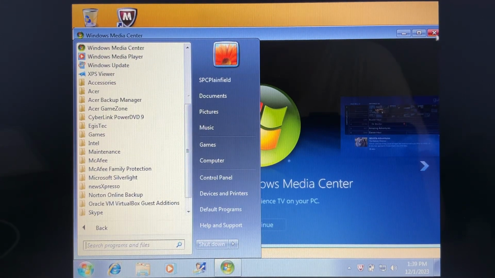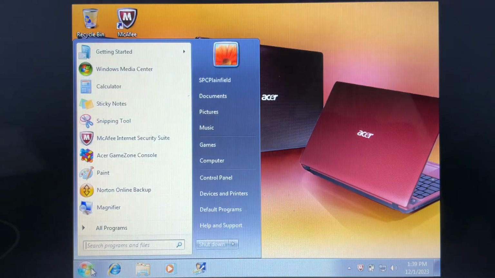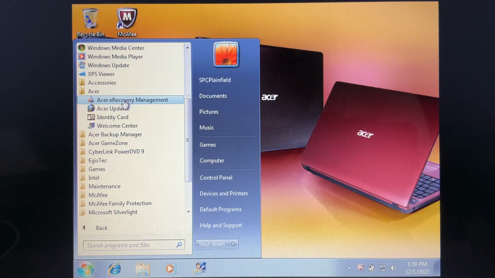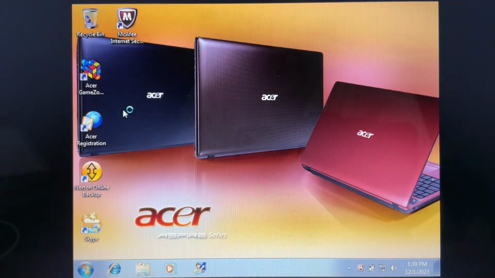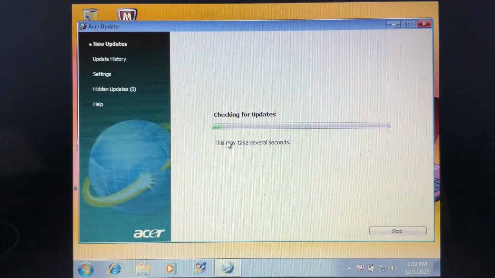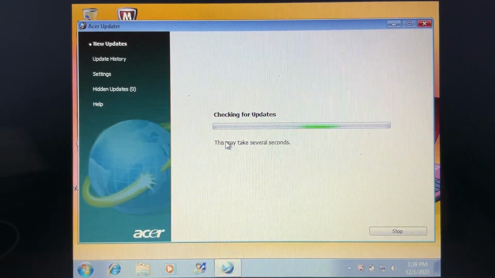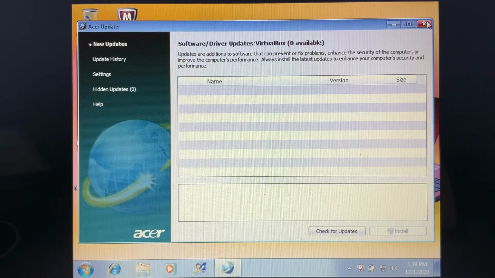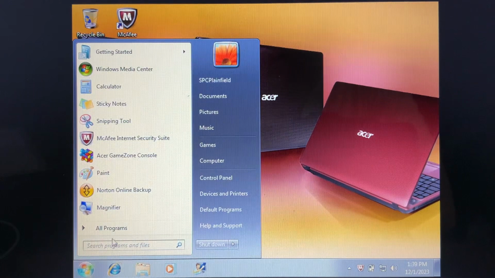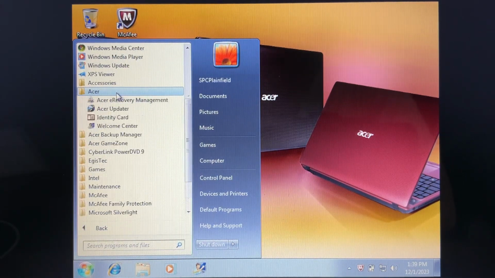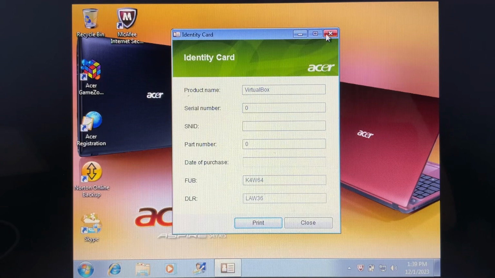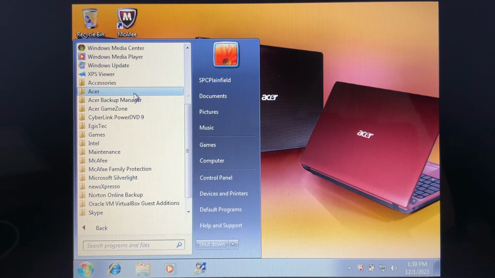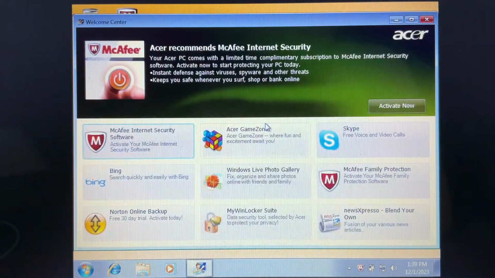It probably could also be because of Acer's stuff. And then Acer's eRecovery right here. Their Acer Updater, which I suppose is driver updates. So this is their driver updater tool. Let's see if there are any updates that need to be done. And that's the identity card, which is interesting that they include that. And then here's their